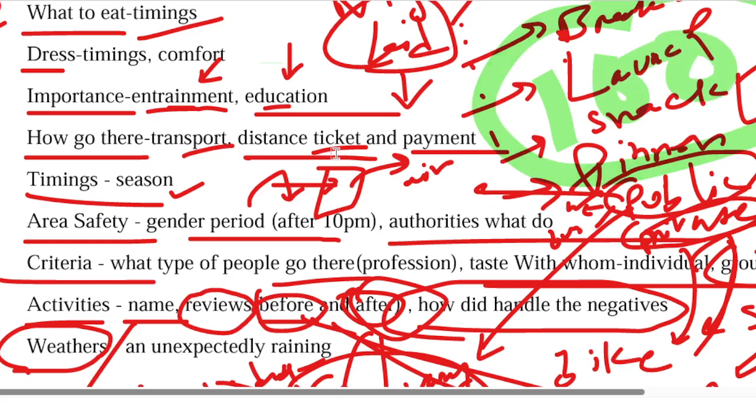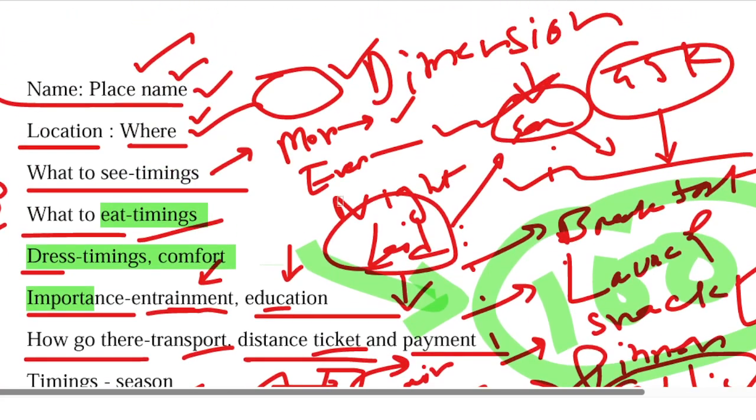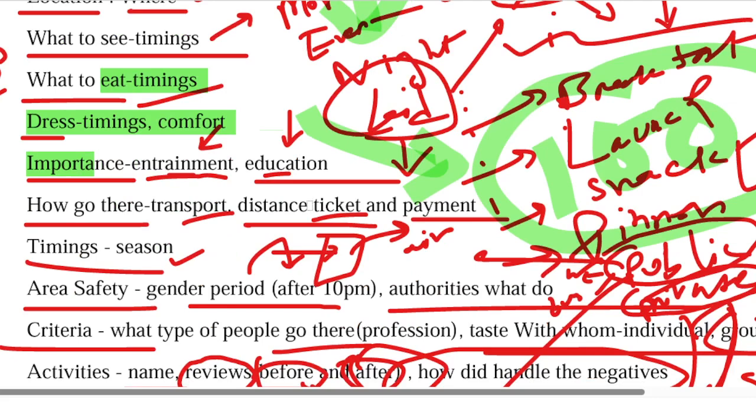And now think about yourself. Before thinking about these, what kind of complexity did you feel, and also ask yourself, is it a little bit easier for you now to talk about a place? Also ask yourself another question. If the teacher asks you in the time of exam about a place, don't you think it will be a little bit easier for you now after reading or learning or taking notes about this?